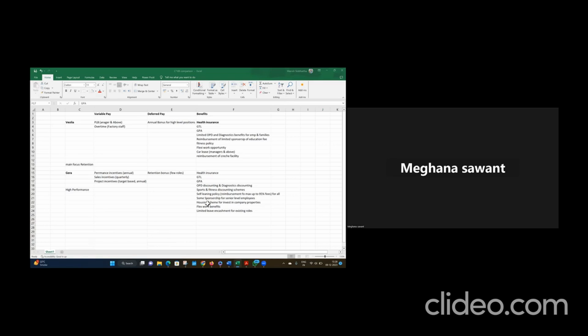And which is why we have our performance incentives, which are across all the levels, be it any department. Then the revenue facing teams, that is, the sales people, they have a sales incentive which is over and above the CTC which is defined. My CTC basically comprises of the base pay and the performance incentive, but every salesperson will also have a sales incentive which is over and above the CTC. Okay, and the targets which are given regularly across all the 12 months are different, and when the launch is there, that time it is different.